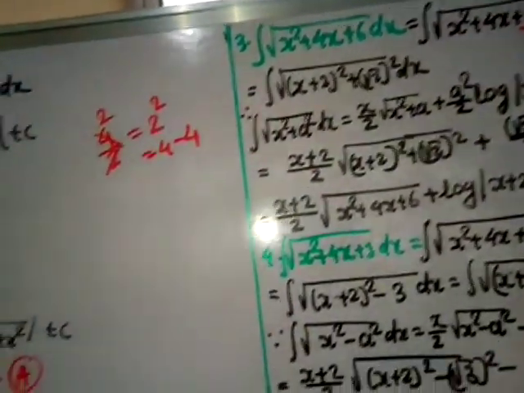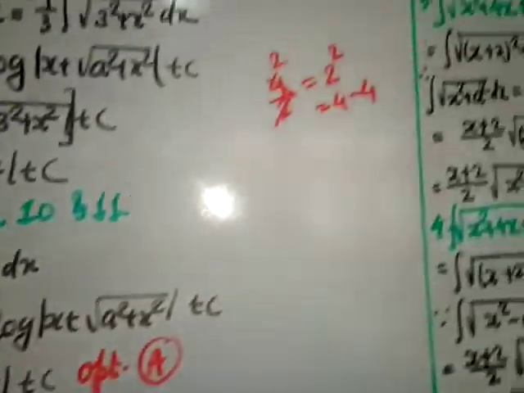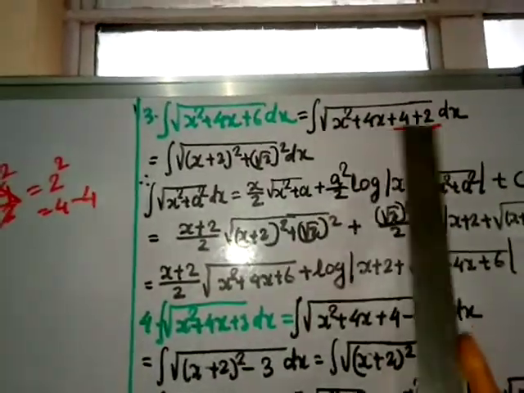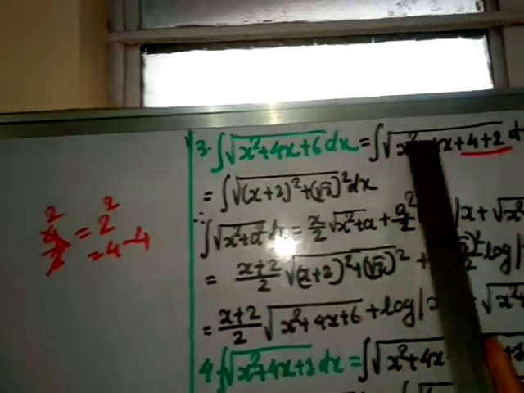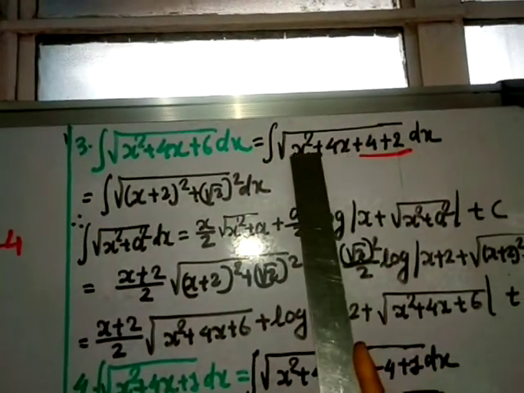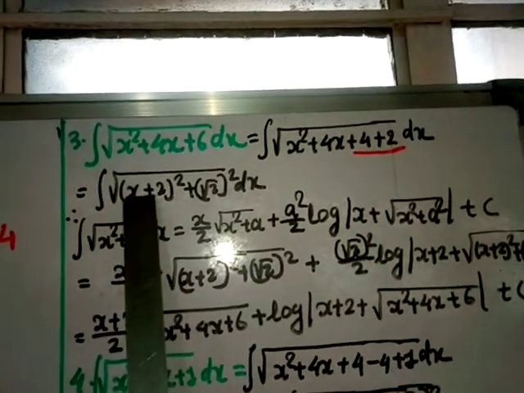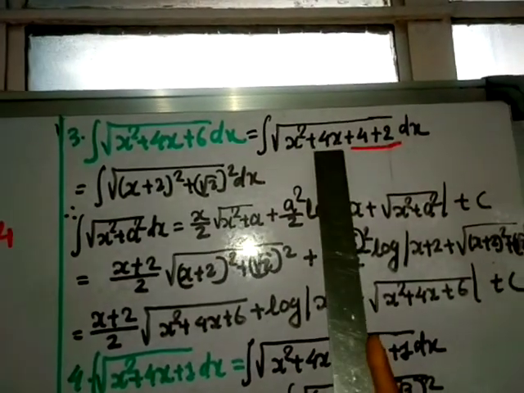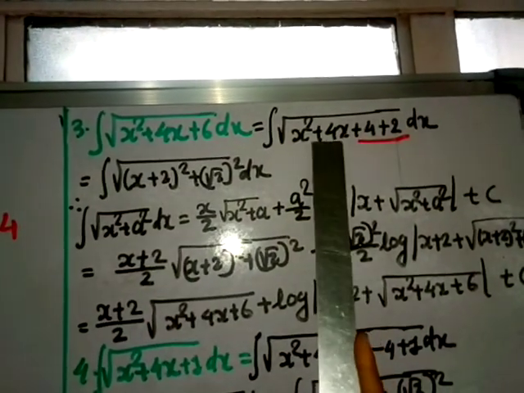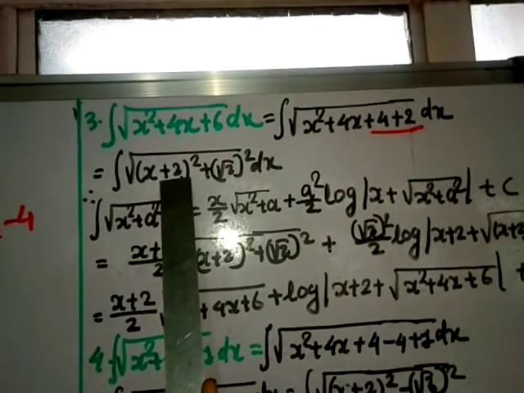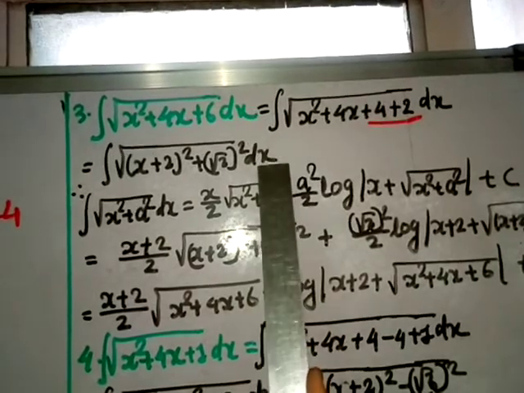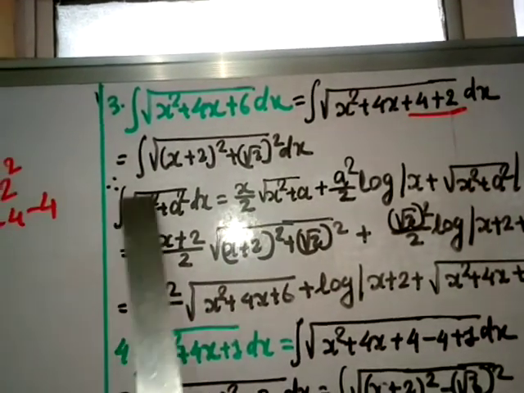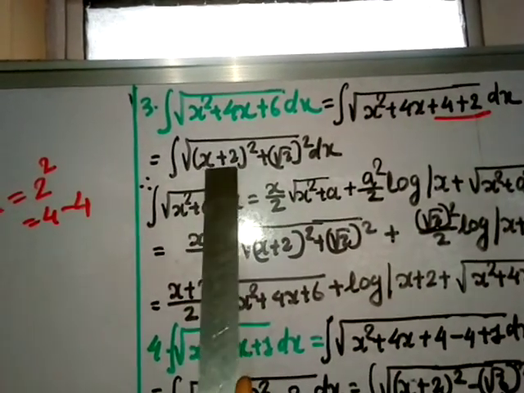But this is a procedure we have done previously, so you will remember, but I am just reminding you. So I am dividing 6 as 4 plus 2, because 2 square is the third term for this one, and x square plus 4x plus 4 can be written as x plus 2 whole square. Here if it is plus, you will write plus here. Suppose the middle term is negative, you write negative. Here 2 remains, so 2 can be written as root 2 square dx.